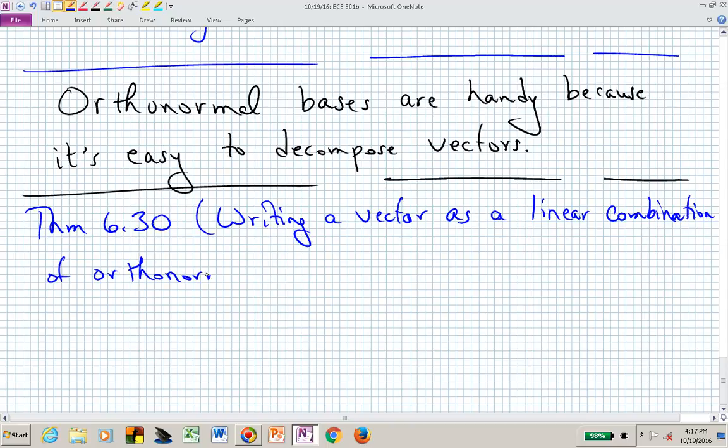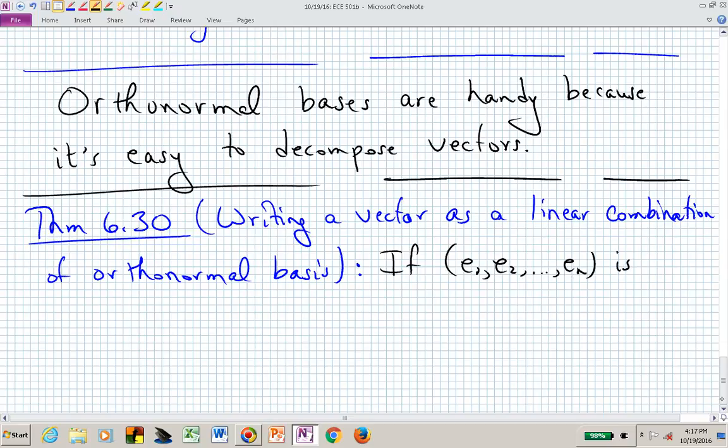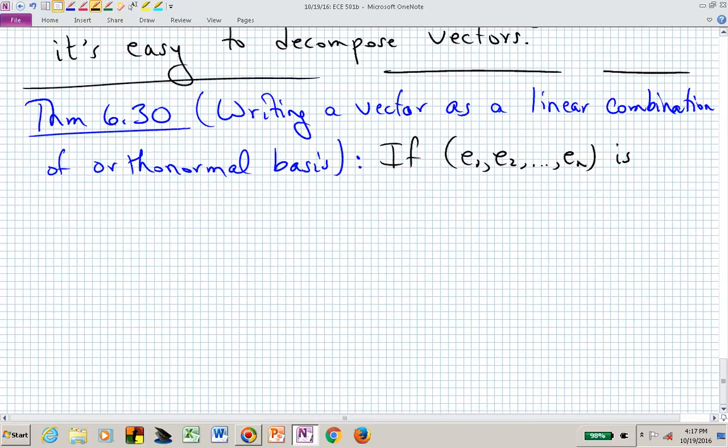Of an orthonormal basis. In this theorem, if we have a list e1, e2, e sub n, and that n is now the same as the dimension of our vector space, we now have n of those orthonormal vectors. If e1, e2 through e sub n is an orthonormal basis